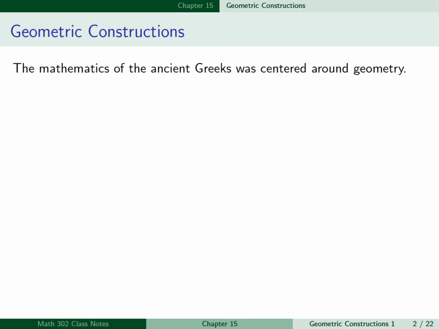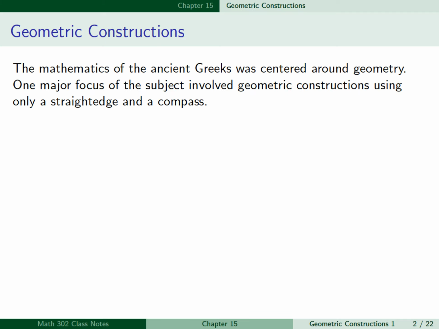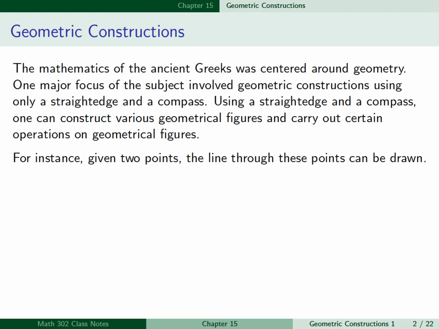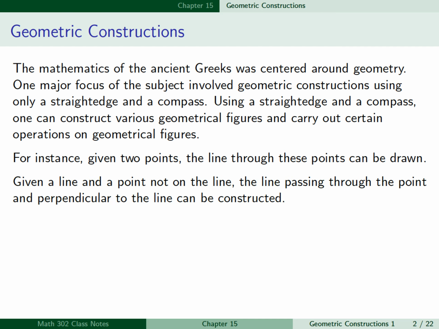The mathematics of the ancient Greeks was centered around geometry. One major focus of the subject involved geometric constructions using only a straight edge and a compass. Using a straight edge and a compass, one can construct various geometrical figures and carry out certain operations on geometrical figures. For instance, given two points, the line through these points can be drawn. Given a line and a point not on the line, the line passing through the point and perpendicular to the line can